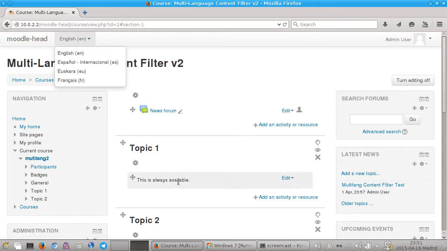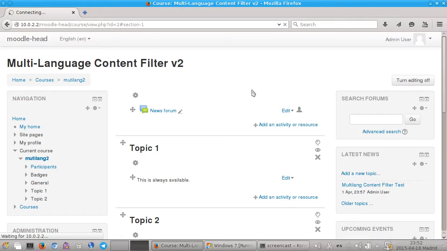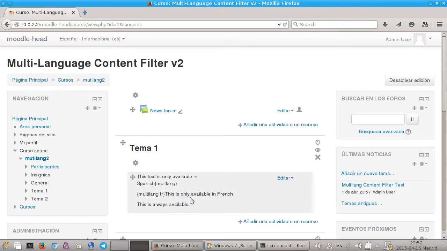packs. So by default, the filter only shows the content that is either not tagged as any special language, or the content that was tagged for a particular language. So right now I have the English version of the site. There wasn't any tag for the English content, so I just get the content that is always available. If I switch to Spanish, which was one of the things that I tagged,